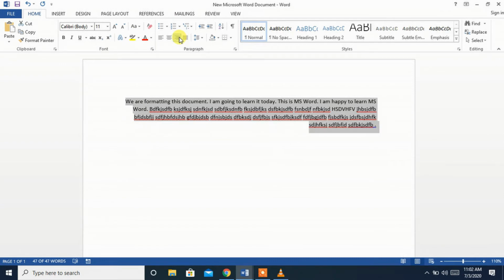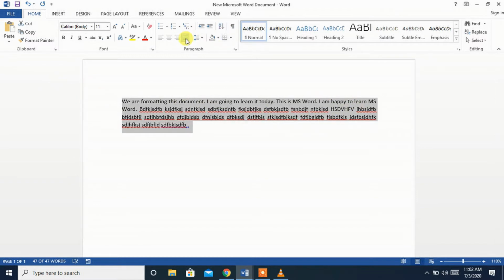Then if you want this particular thing to be justified in a format known as justified, length of each line will be same. But in the case of right, left and center, you can see change in the length of the lines. But if it is justified, line starting and ending length will be same. Hope this much is clear. Right, left, center and justified alignments, for typing the documents.